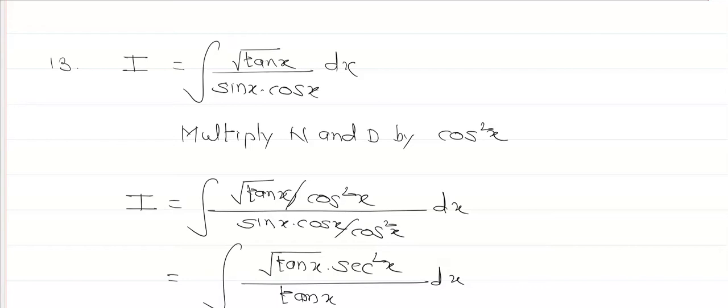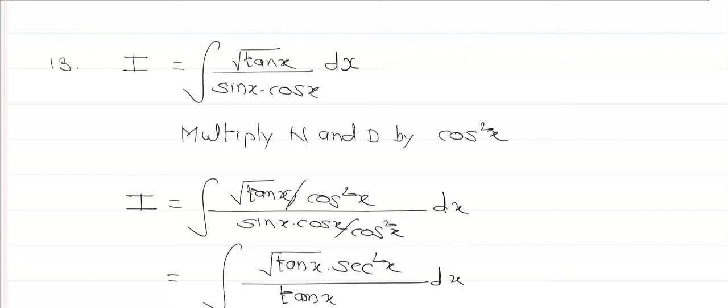पुढचा प्रॉब्लेम घेणार. प्रॉब्लेम नंबर 13. I is equals to integral root of tan x upon sin x and cos x dx. म्हणजे प्रत्येकदा आपल्याला तिथे तो फंक्शन प्रेझेंट असेलच असं काही नाही. कधी कधी काही वेळा आपल्याला काही टर्म्स ऍडजस्ट करावे लागणार आहेत आपल्याला त्याचं इंटिग्रेशन सॉल्व्ह करण्यासाठी by using the method of substitution. आता इथे काय करतो आपण, multiply N and D by cos square x. तुम्ही म्हणाले कसं काय लक्षात आलं? हे तुम्हाला अनेकदा प्रॅक्टिस केल्यानंतर लक्षात येऊ शकतं.